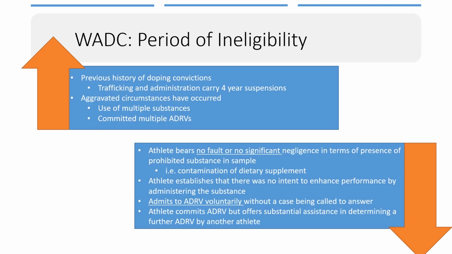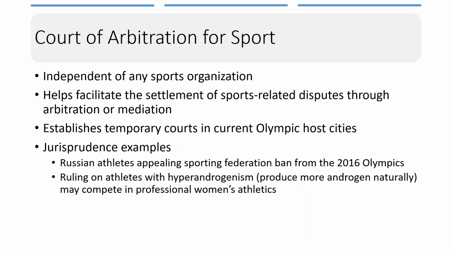The period of ineligibility means the time during which the athletes are barred from participating in related events. The length of the period varies based on the nature of the violation, the history of violations, whether there were repeated offenses, and other relevant factors, such as knowingly using a PED, or whether they admit to it voluntarily or not. And as we just talked about, it can range from years of ineligibility to months, so it does vary quite a bit. So can there be an appeal process?